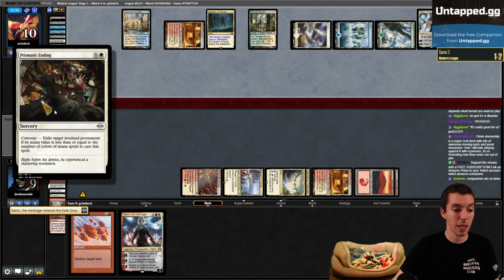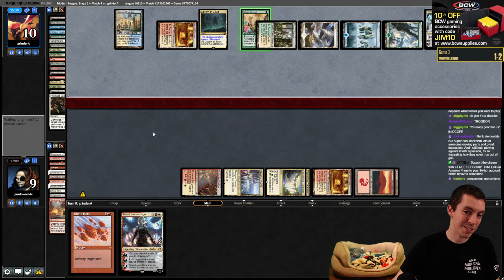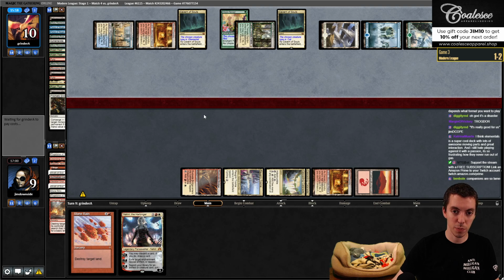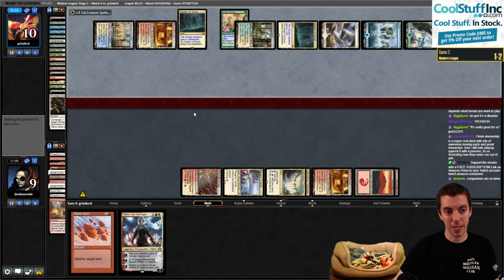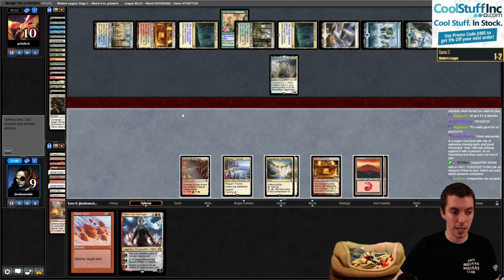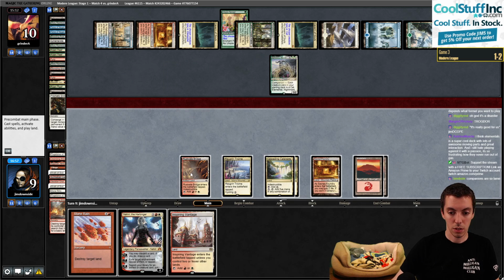Oh, Prismatic Ending on my Nahiri? This card's so freaking good. This is too good. Just too good. That's a Stone Rain target, if I ever saw one. And they're Cavernous Souls? Okay. They have Kahira. They name Cat. Smart. Now I can't really play Nahiri, so I guess I could play it just to get it in play and they can attack it, but